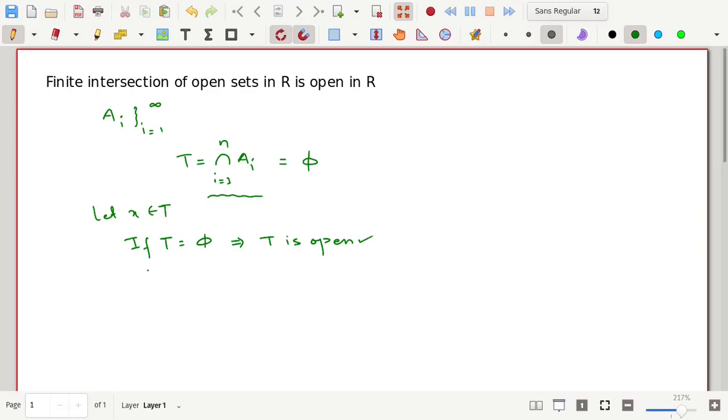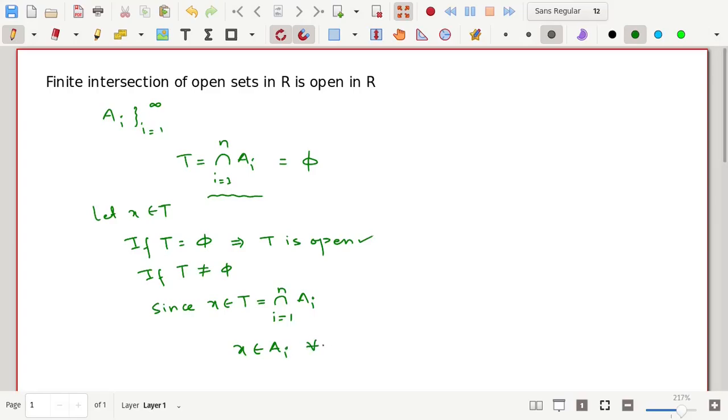So if T is not an empty set, then since x belongs to T, which is the finite intersection of these open sets A_i, we must have, by the definition of this intersection, x belongs to all these A_i.